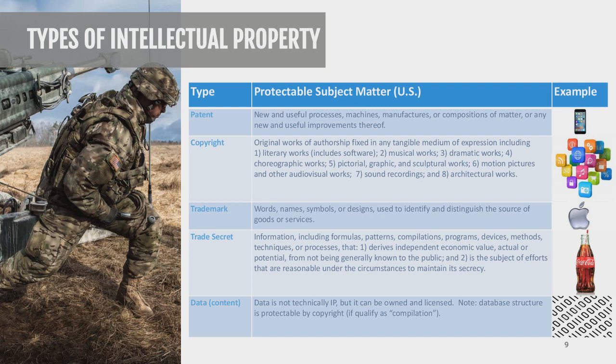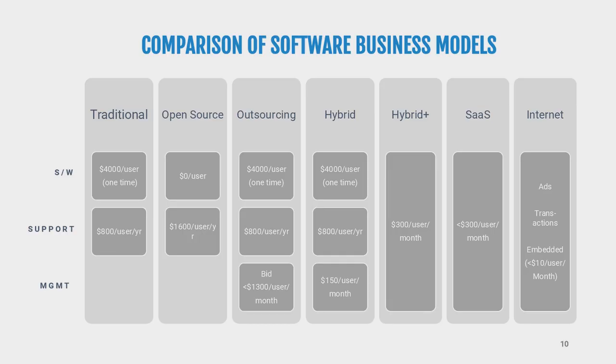Next slide. So patents. This is probably the most important and most valuable piece of IP that you'll interact with or be in possession of. Now, a patent is an exclusive grant by the government to make, use, or sell a particular innovation. And there are several types. There's provisional, non-provisional, utility, design, and plant patents.